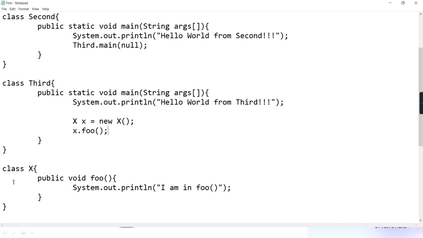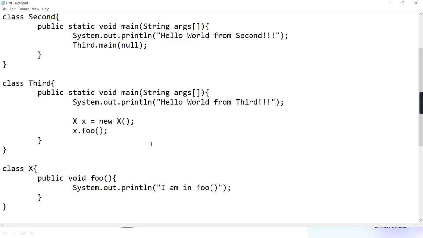The same thing applies when you create your big projects. Obviously for each thing you'll create a separate class. Like if you're creating an inventory system, maybe you'll create one class for bill, one class for invoice, one class for supplier, one class for customer, one class for product. Clear? And then you will create one class called class main, in which you'll have main, and from there you'll create the objects of all these other classes. All other classes are helper classes, and there will be one driver class in which main will be, from where everything will be launched, everything will start its journey.